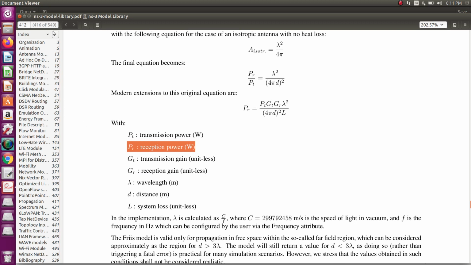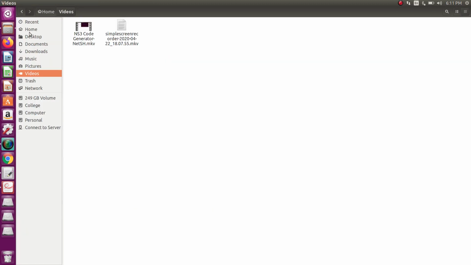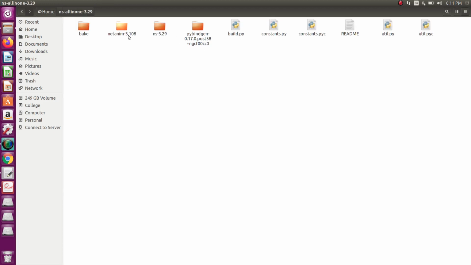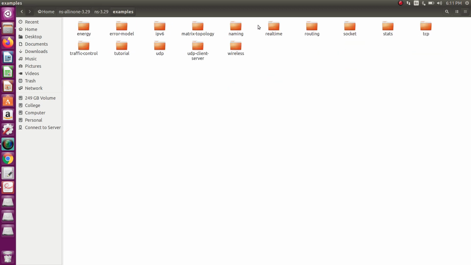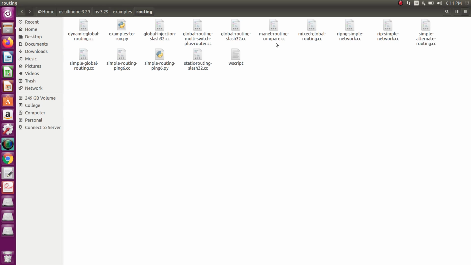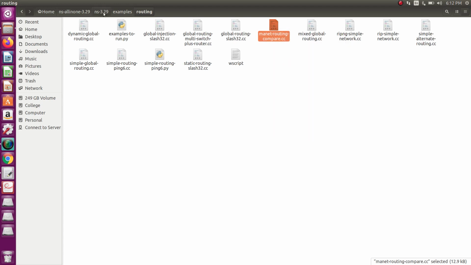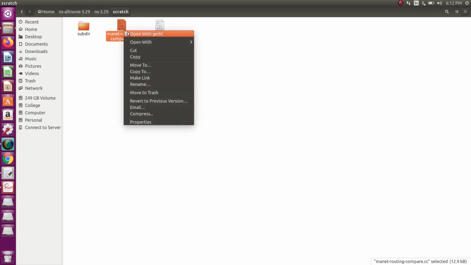First, take one simple example. Go to the NS3 folder, click ns-3.29, then examples, then go to routing. Take the basic example, the MANET routing compare example. Copy it and paste it in your scratch folder, then open that program.